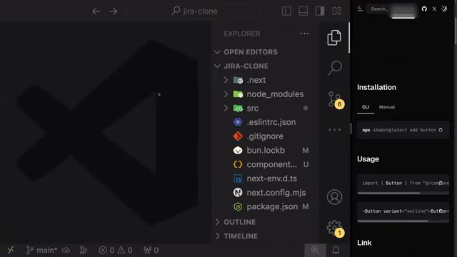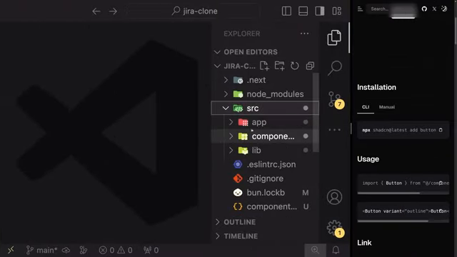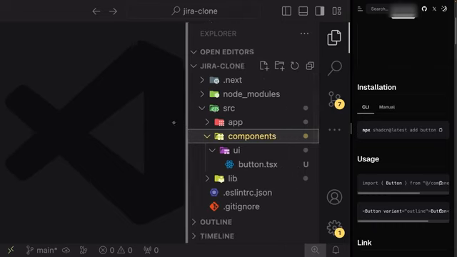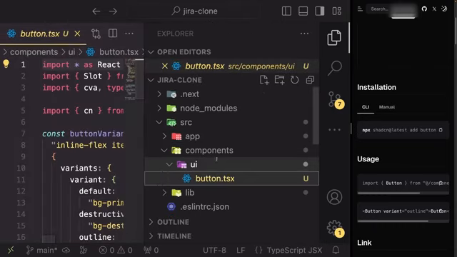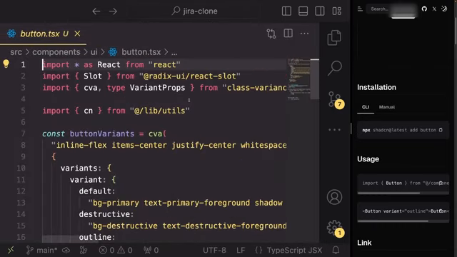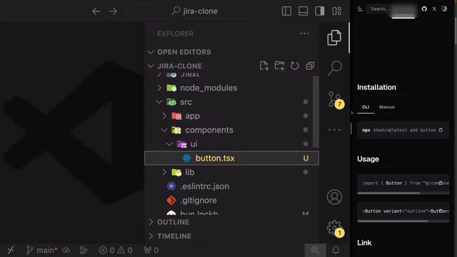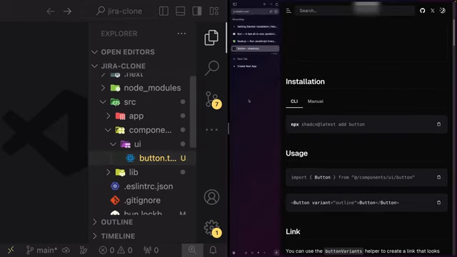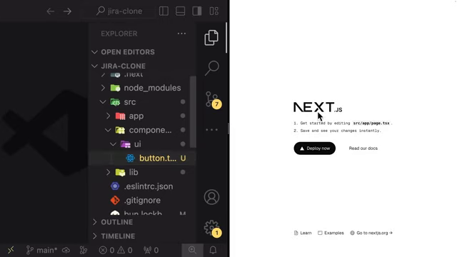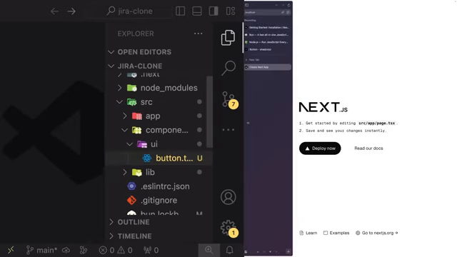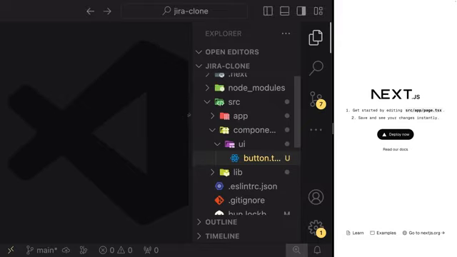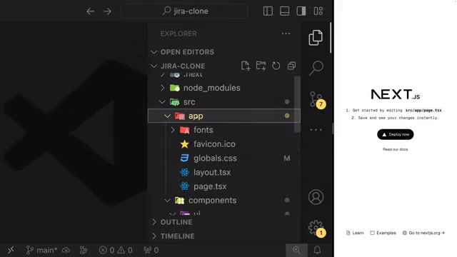We now have a new component inside of our project. Where can we find that component? Well, inside of source and the new folder here, components UI, button.tsx. The only difference is that we cannot see that component at all. So let's go ahead and find this route right here, this Next.js with these two buttons. That is located inside of source app folder,